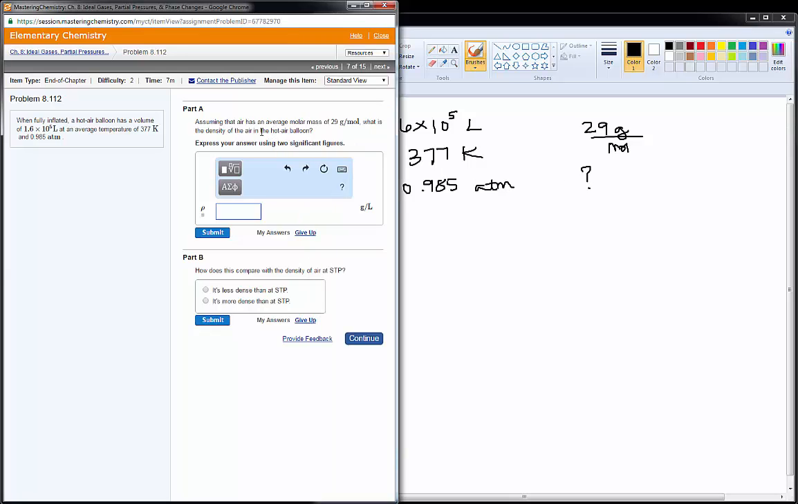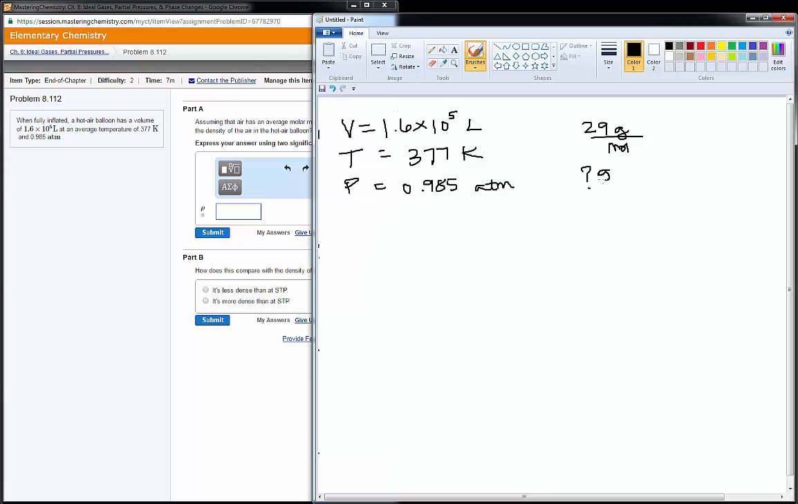The first question says, if air has an average molar mass of 29 grams per mole, then what they want to know is the density of the hot air balloon. And density is mass over volume, but you don't have to memorize that formula, because you could just look right here and see they want units of grams per liter. Now I already have grams per mole, so now I just need to convert from moles to liters. So if I can find out the number of moles,